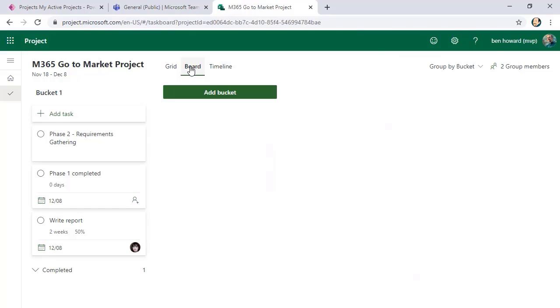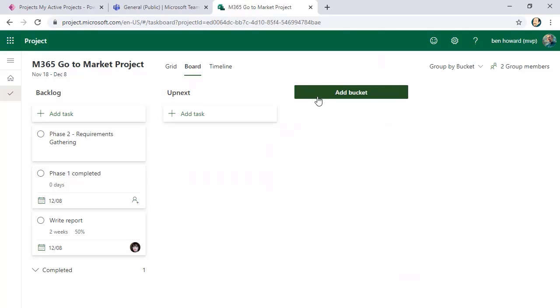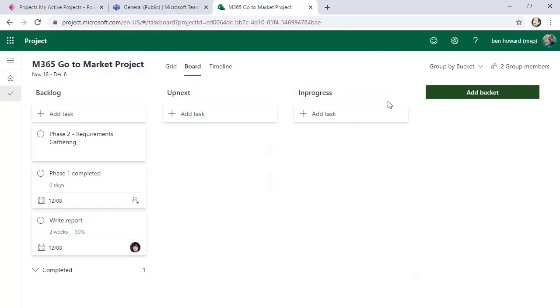the board is much more of a Kanban style tool. Buckets, and I can rename these buckets. So let's just have a look at bucket 1 and we'll call this backlog. I'll be working in that sort of agile way. We might have this as up next, and then we might have this one as in progress, and then of course we might have a completed